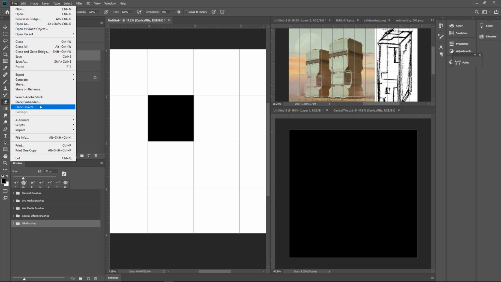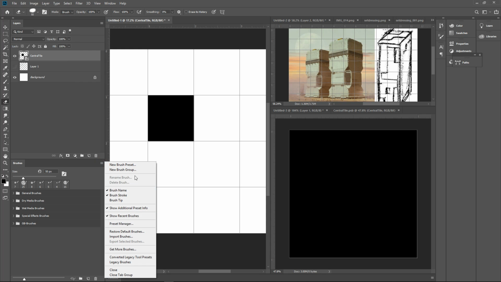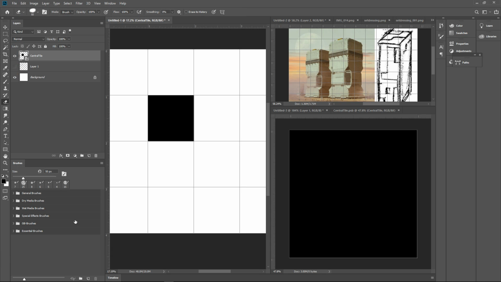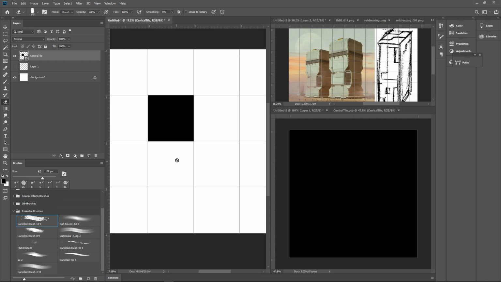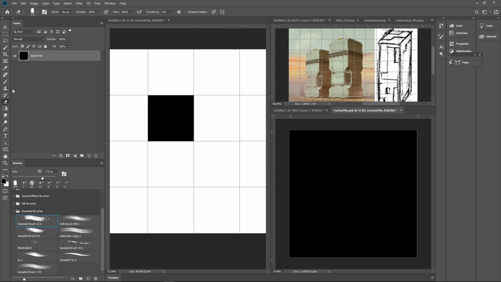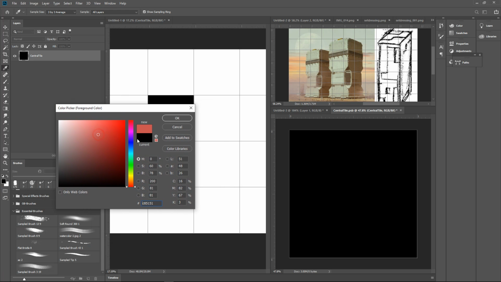File, Import brushes. Let's try this one. So I think these are brushes that I must have gotten somewhere. I don't know exactly where. I had created a set of brushes, but I'm truthfully not great with using them all the time. I don't always even use Photoshop, but